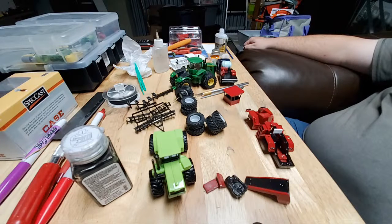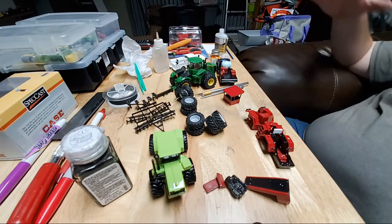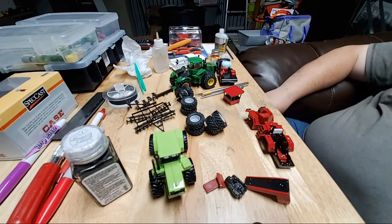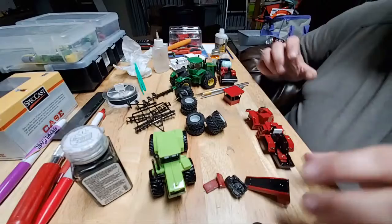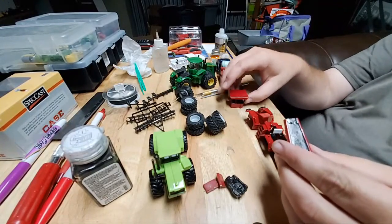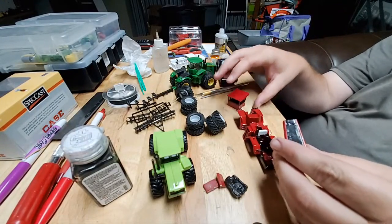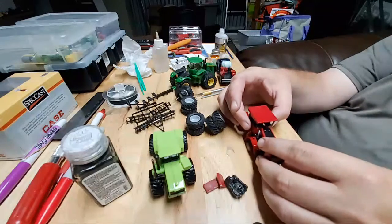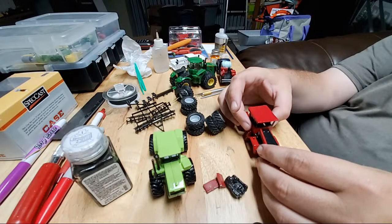That's building toys. Not gonna sugarcoat it. Not to be the harsh reality, but the toy market, especially in the summer, really sucks. And the best sales for toys, best times are the 2 months before Christmas and the 2 months after Christmas. And pretty much, if you're building toys,